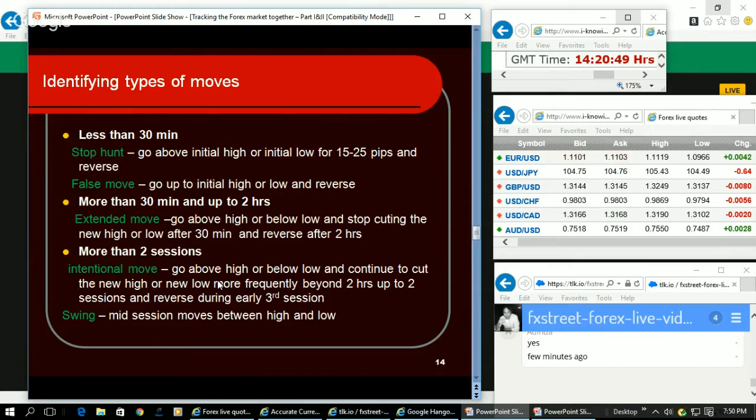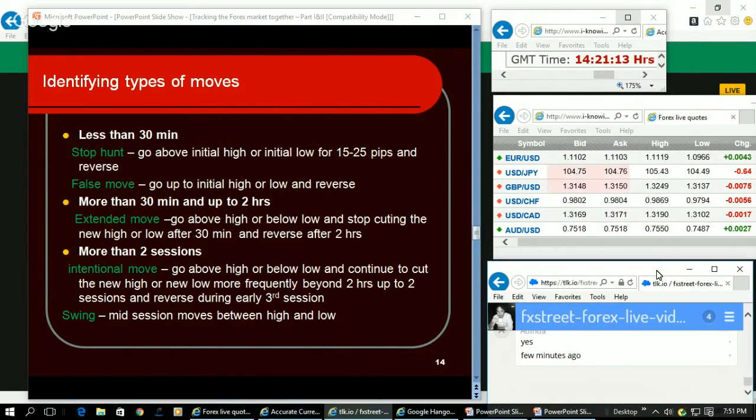The intentional move, we track and take positions so that we'll be able to continuously hold the position for 2 hours and book profit. The swing is the type of move they do during the mid sessions, especially to handle the crosses. So one currency might be near the high, making the swing, another currency near the low, making the swing. That sort of move they try to do during the mid sessions in order to handle the